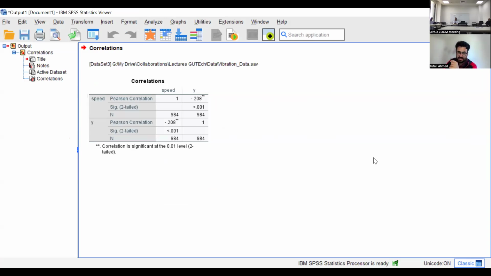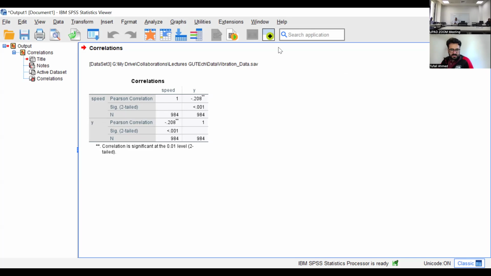I also showed it in my slide here. You can see the value is minus 0.208. This means that there is a very weak correlation between the speed and vibration of the bicycle. I hope it's clear. What if it is 0.208 and the minus sign is not there?